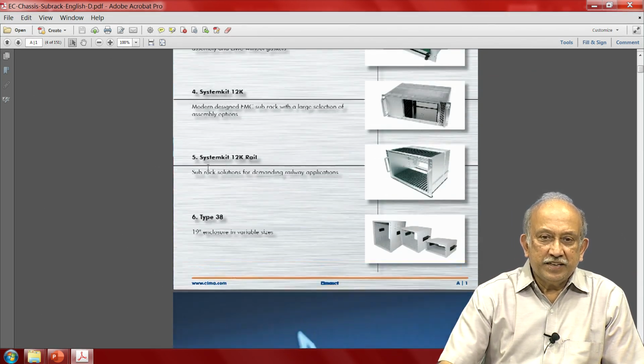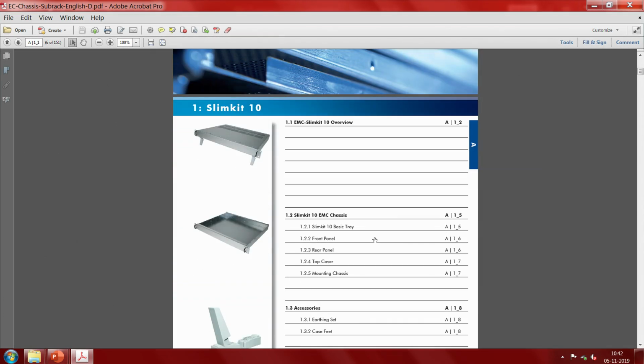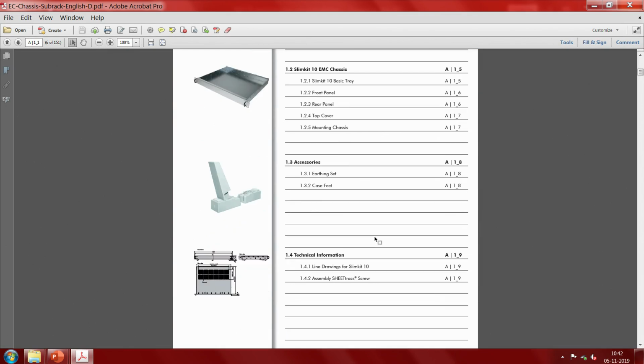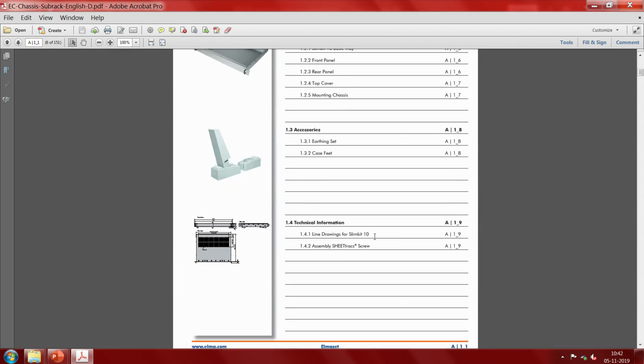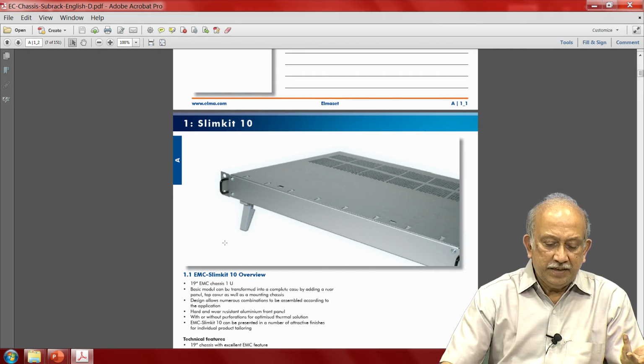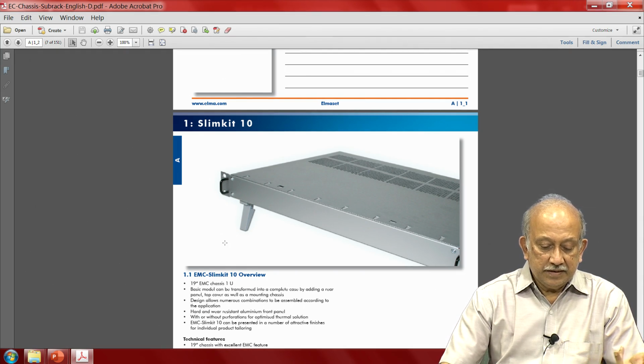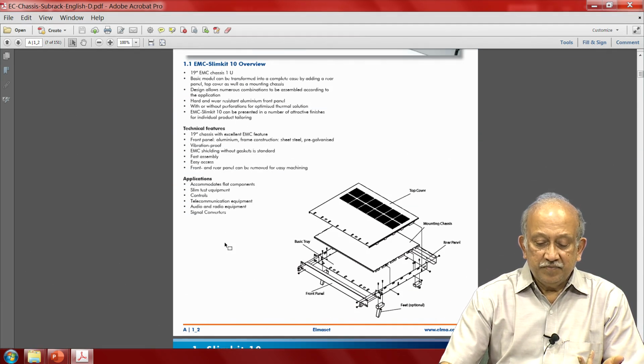This particular one talks about all this hardware that goes into making rack mounted equipment. While I will not go through this, you will notice that several options have been given. You can probably still continue to keep it on the table, then it is a new rack mounted device, then attractive finishes, seen this here.